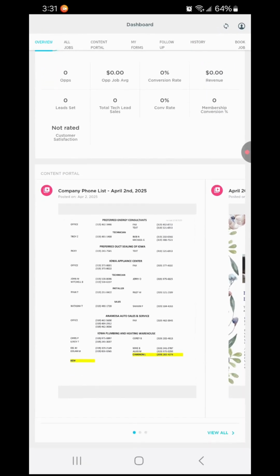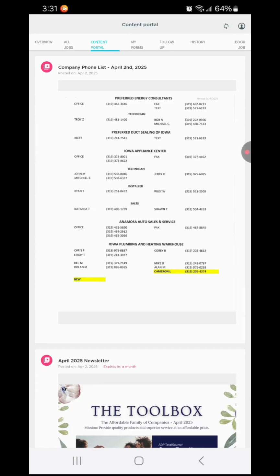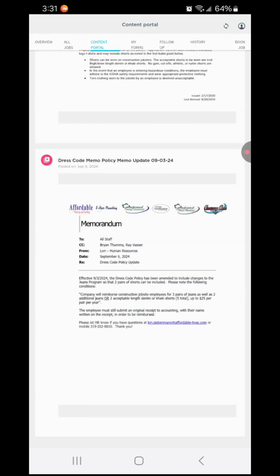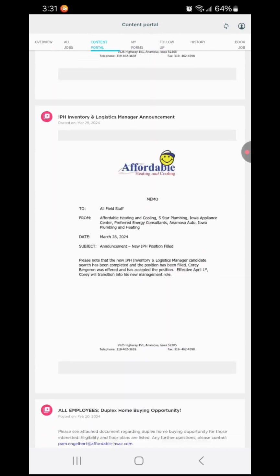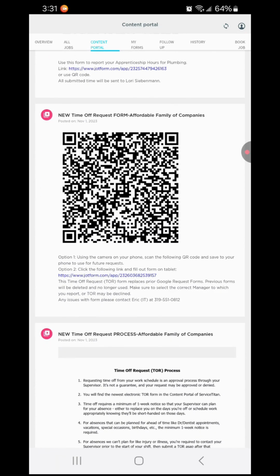Down here is the content portal. This is where we'll have the company phone list, the newsletter, benefits, and a lot of other stuff. If we click view all down in the bottom right, we can actually see all of the posts. If you scroll down for just a little bit, you will see this post right here, the new time off request form. This is what we're going to want to use when we want to submit time off. So you should see a link within that post, and if we go ahead and click on that link,